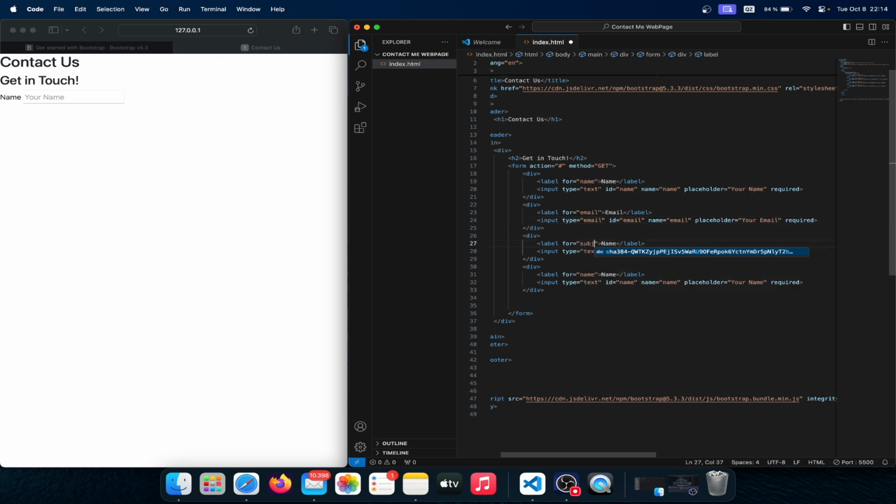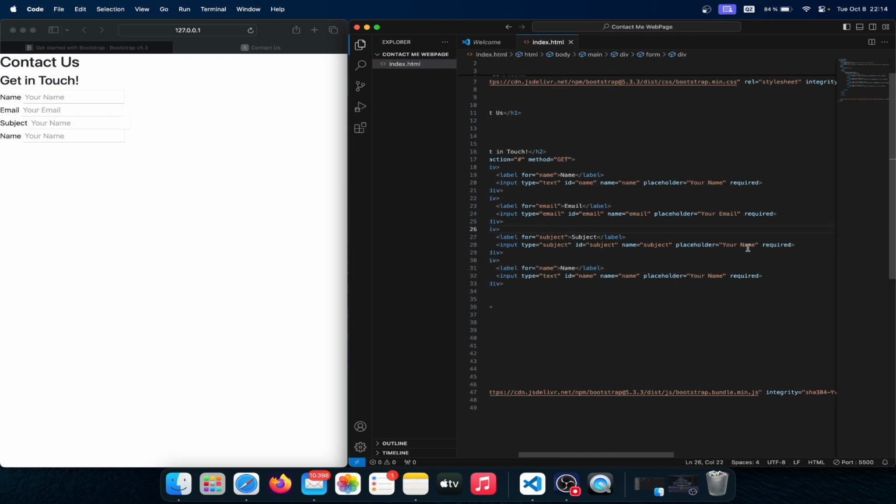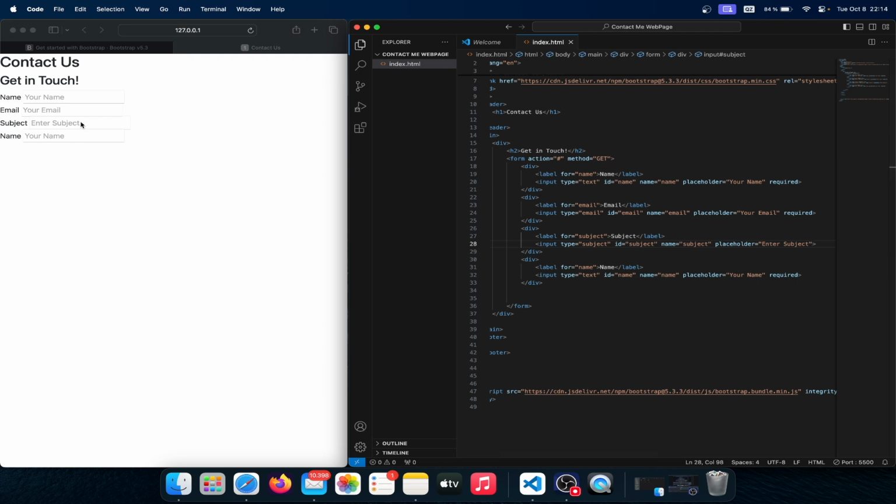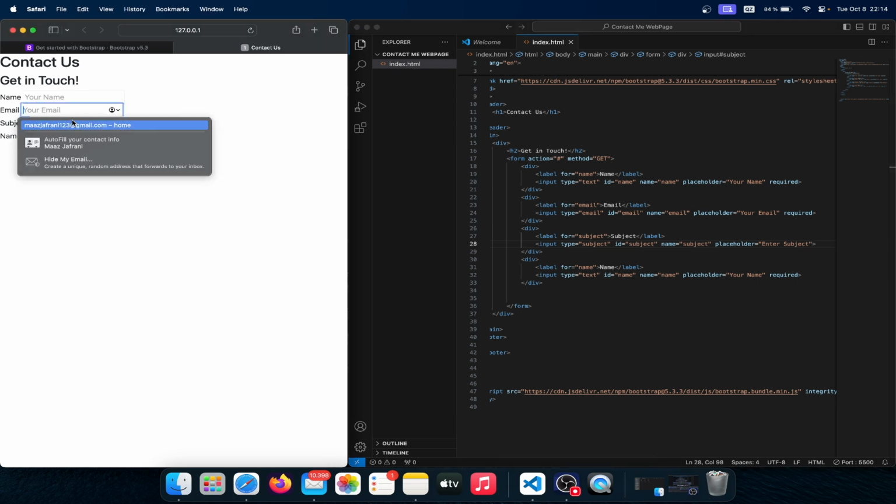And then this is a subject, so subject, and here subject. So you can see name, email, subject, and the placeholder should be like enter subject, but I won't make it required because subject is not required. Okay, so you can see that you can enter your name, your email, and the subject,